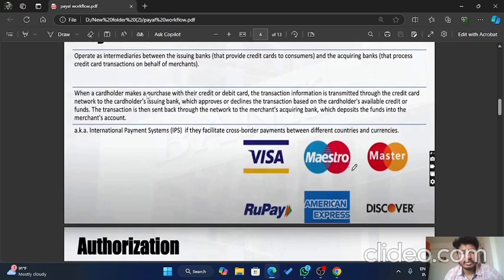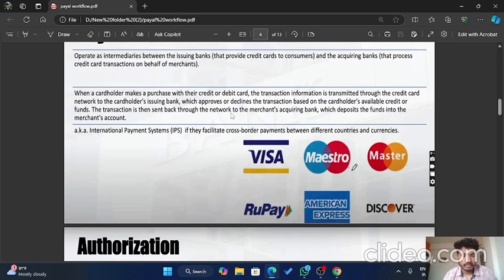When a cardholder makes a purchase with their credit or debit card, the transaction information is transmitted through the credit card network to the cardholder's issuing bank, which approves or declines the transaction based on the cardholder's available credit or funds. The transaction is then sent back through the network to the merchant's acquiring bank, which deposits the funds into